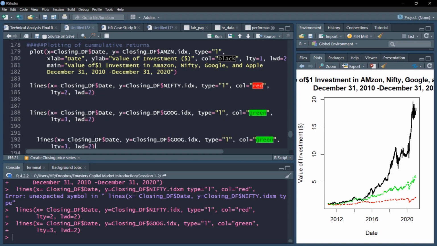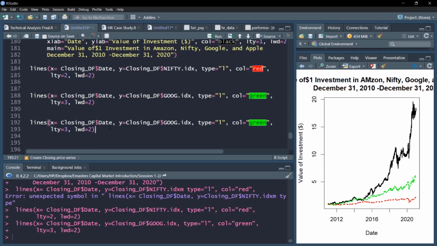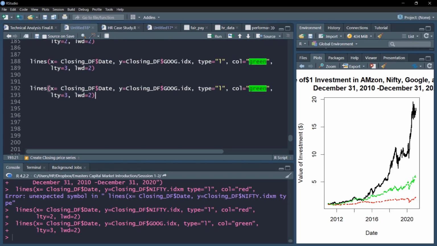The last one we have is Apple. So we'll add the Apple plot here. Apple, we'll set the color to maybe blue, probably blue.